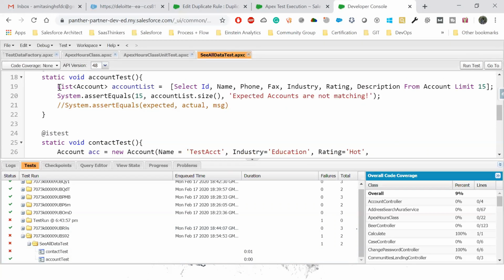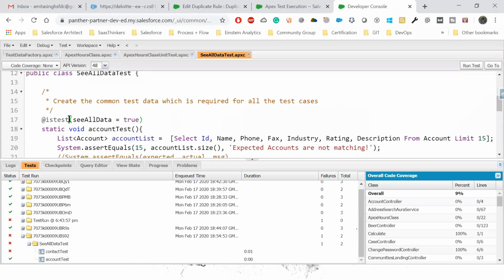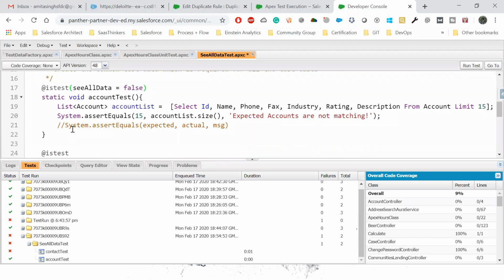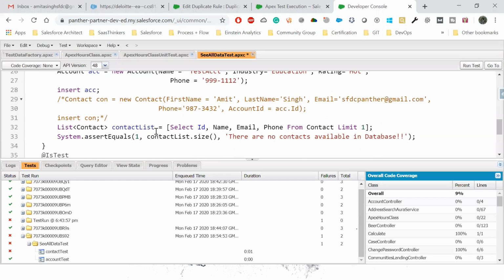Why is this method passing? Again, I tried to put seeAllData equal to true. If I make it false, this method is also going to fail. So let's make it false, and here I will try to insert this. So this is how you can use seeAllData true, but only for those metadata that you cannot create